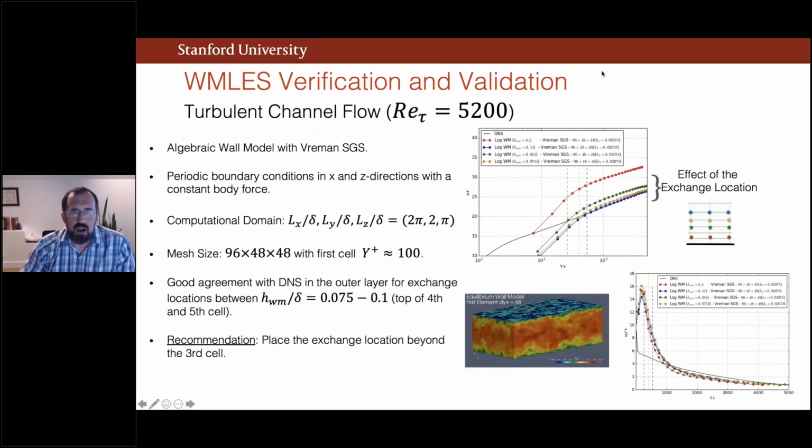So I'm going to switch gears now a little bit and discuss some of the validation testing we have been doing. One of the first, and probably the geometrically simplest, cases we've looked at is that of plane channel flow. Plane channel flow is a commonly used test for turbulence simulation since the mean flow is invariant in the streamwise and spanwise directions, and an analytical solution exists with which we can compare results.